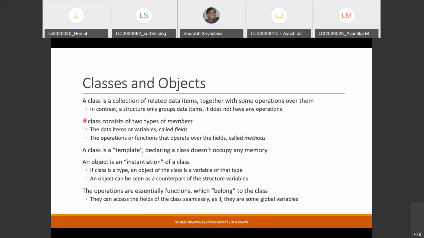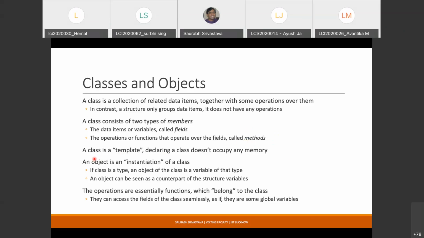A class, on the other hand, consists of fields as well as some functions that operate over those fields. The term we use for these functions is methods. So these are the two terms that are coming up. First of all, fields are just the member variables of a class. And then I say that there are some functions that you can write within the class boundary as well, and I am going to call those functions methods. So these are the two new terms that come into the picture.